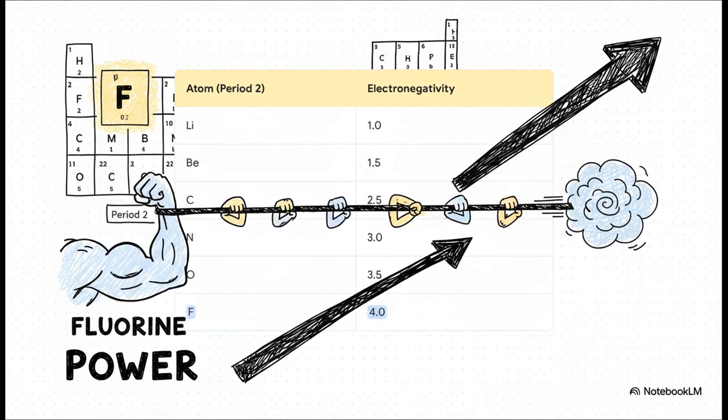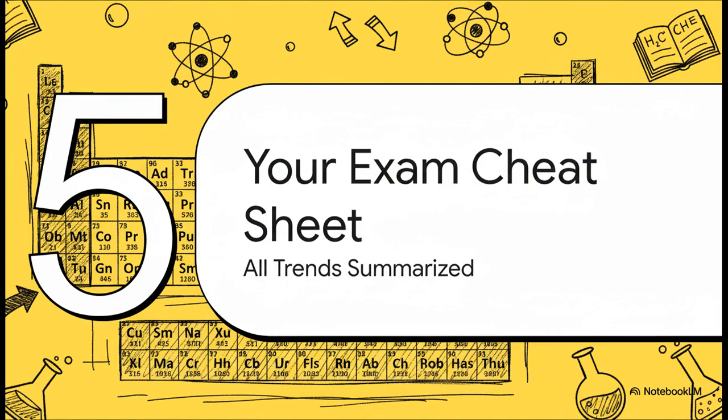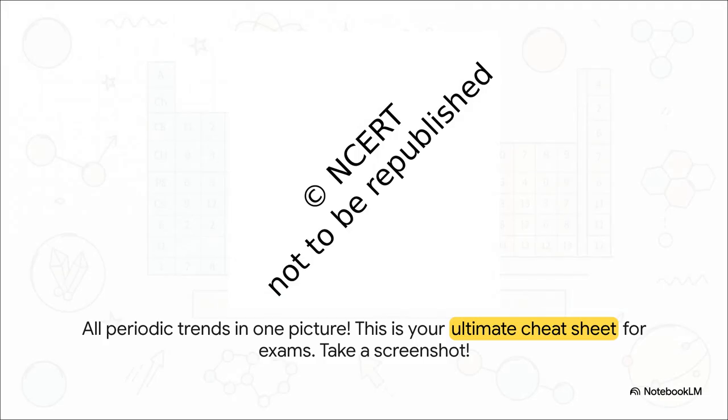Okay, my dear students, we've gone through the whole story, the modern table, and all the cheat codes. Now, it's time for the slide you've all been waiting for. This is your final one-shot revision summary, the most important slide of this entire session. Ready? Here you go, all the periodic trends in one simple, powerful diagram. The arrows clearly show you which way the size increases, which way electronegativity increases, everything.